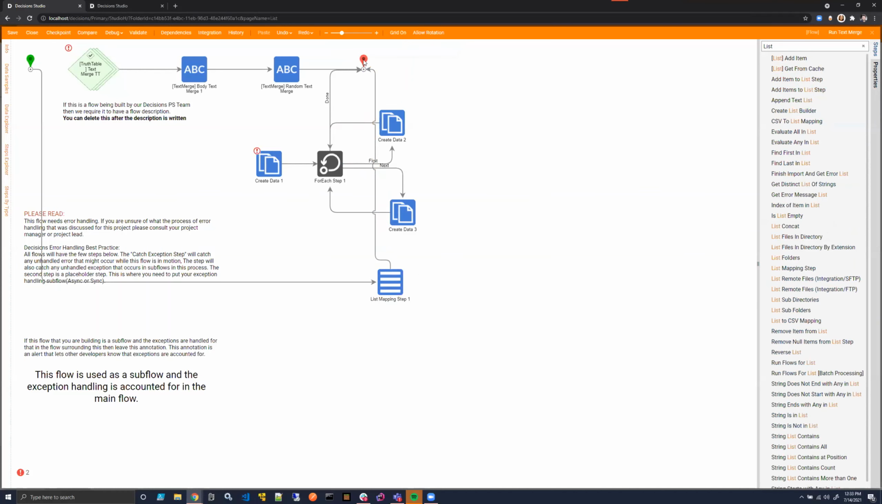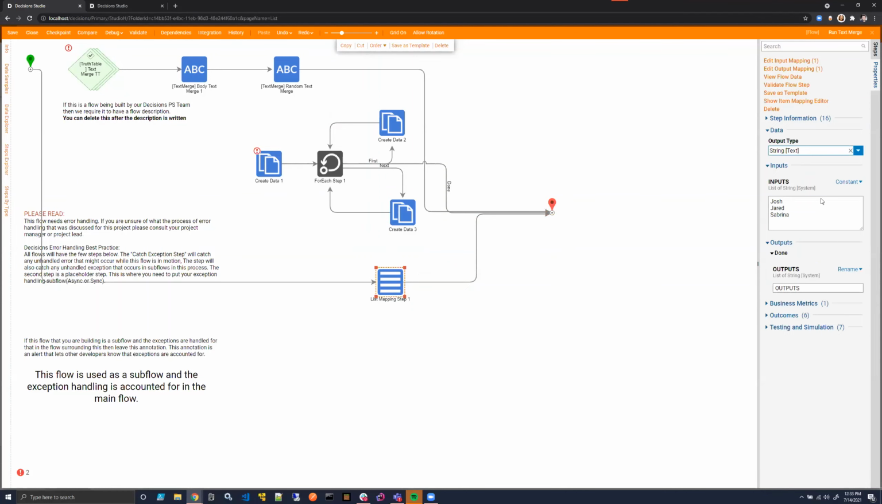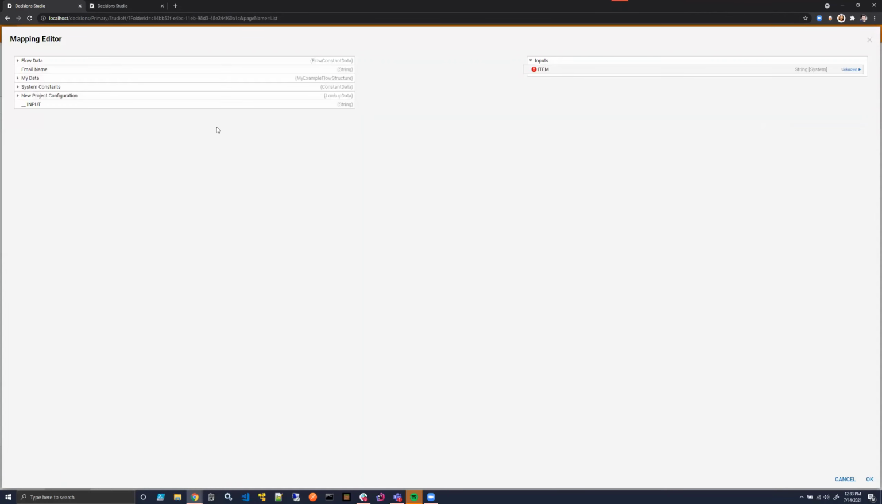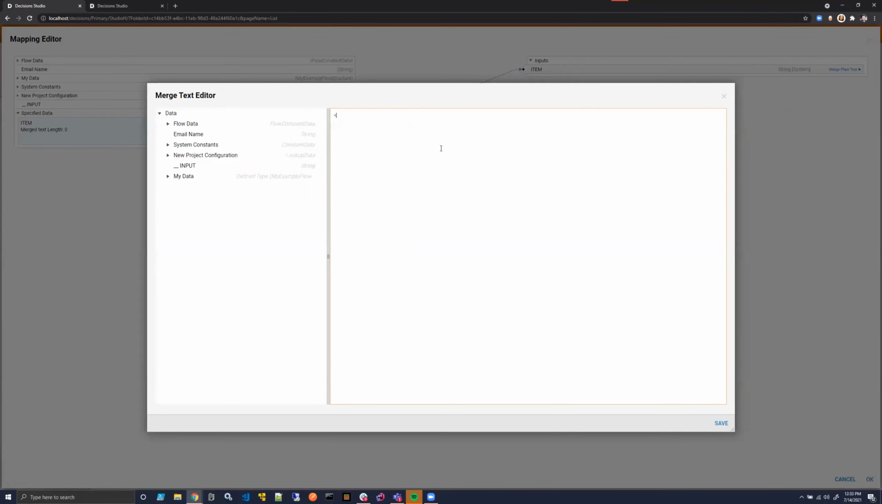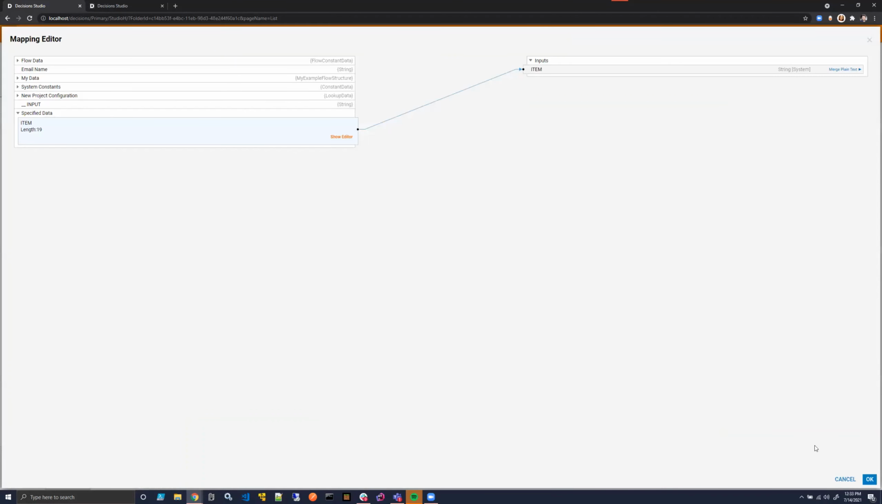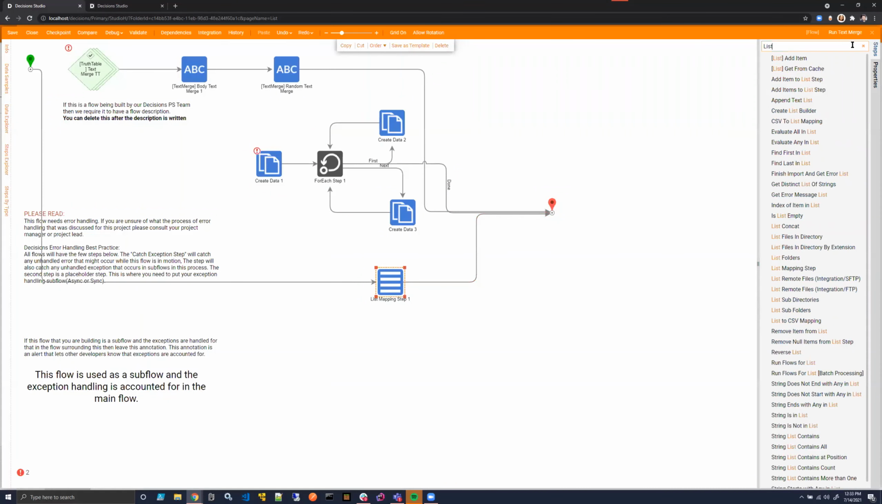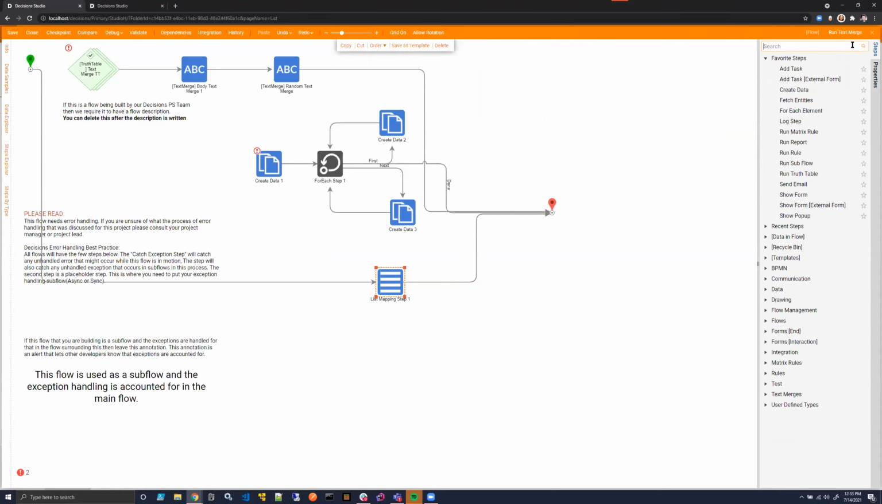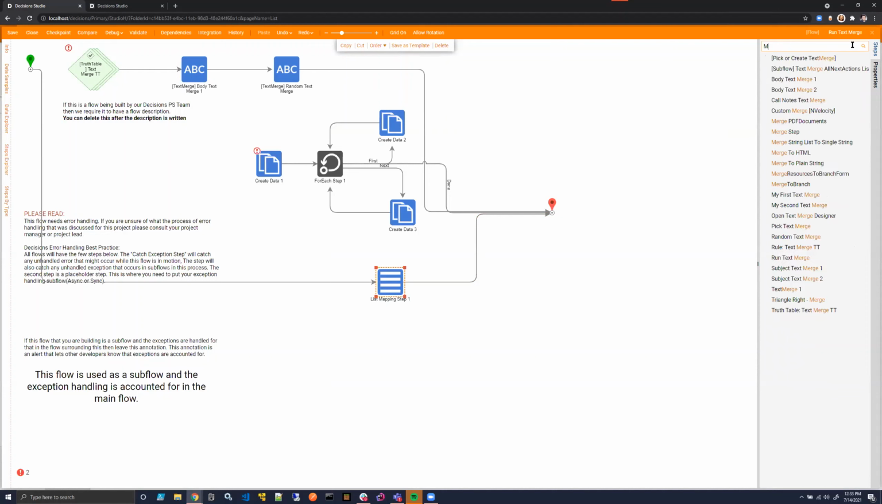If you need to do something like this, what I'll do is a list mapping step. I'll do a show mapping editor. And in this, I'll do merge plain text. And it's very typical for me to do P, whatever input's just my string, and then something like that. And then I can do a, I think it's called